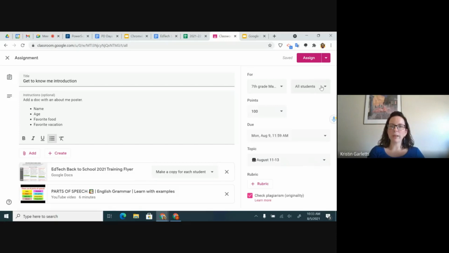Then your choices when you're ready to assign it are to either assign it, which pushes it out right now. Students can view it right away. You can schedule it. This is nice for if you are sitting down, you know, Sunday night, planning out what's going to happen Monday morning. You can schedule it for the next day. Or if you're not ready to schedule it, you can save it as draft. When you save it as draft,